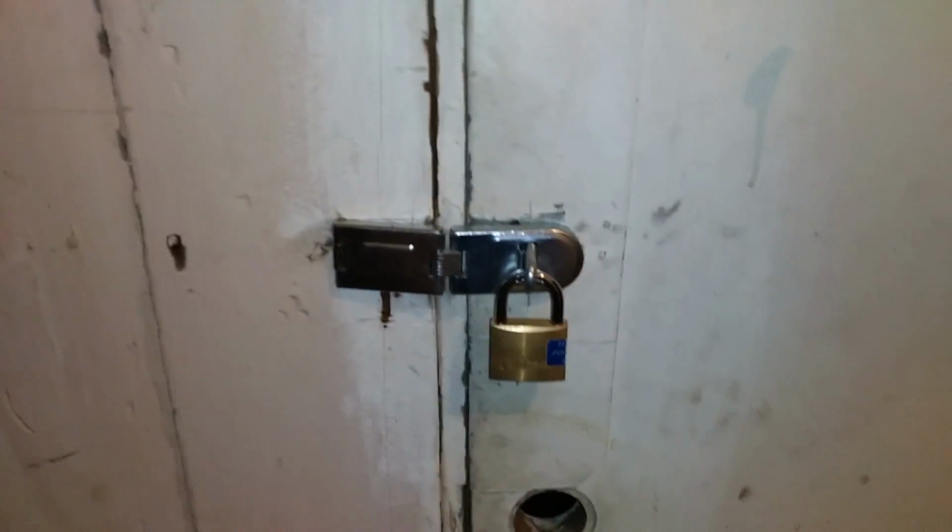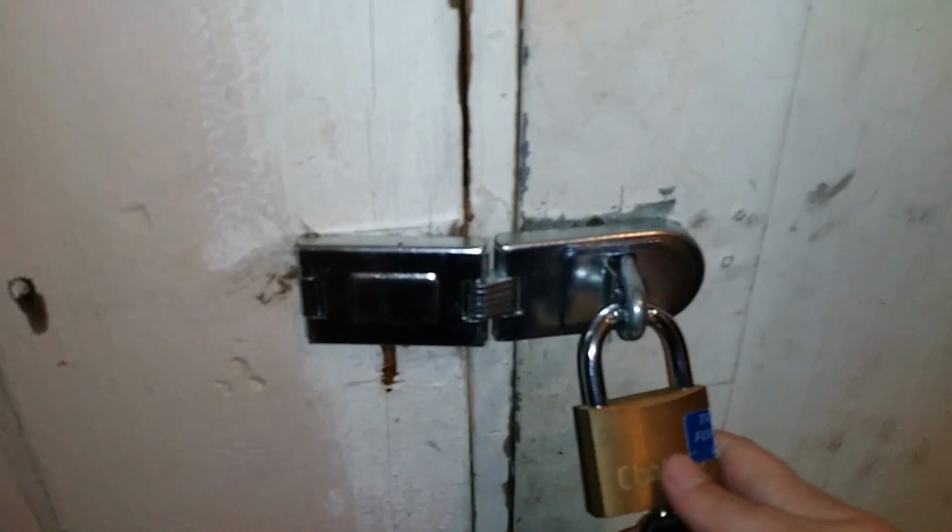So the other day, my roommate and I took care of the shed, and I didn't show any footage of it, so I may as well, because it's probably as clean as it gets, and I'm happy about it. So I'll take you outside, and we can have a gander, right? Let me switch to front camera. All right, here we are at the shed, and I'm gonna unlock it all